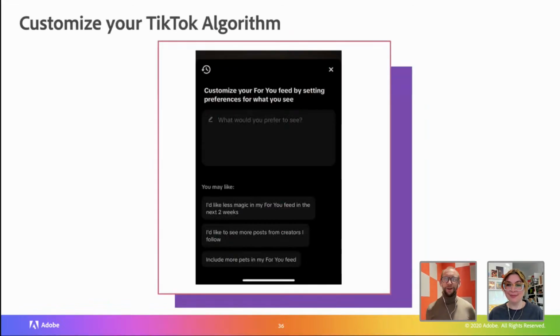Few other things to cover. We've covered the bulk of it now. Customize your TikTok algorithm. Your For You feed, you're now going to have some customization control over it. This is great. This is really great. Go on, why do you think this is so good? Well, one thing is, and I don't think I'm the only person this has happened to, if you happen to go down a weird rabbit hole once and then your entire feed is that forever, and you're like, I was just curious for one day and I want to see this forever.